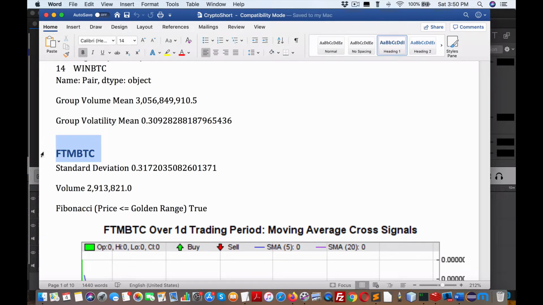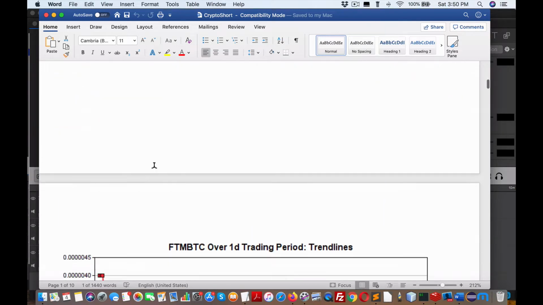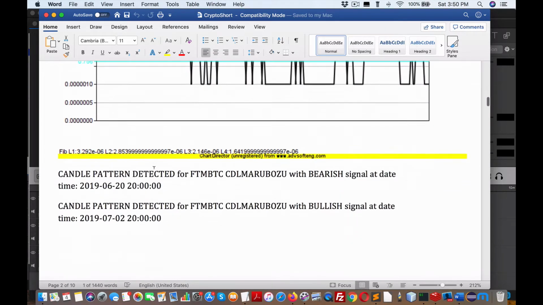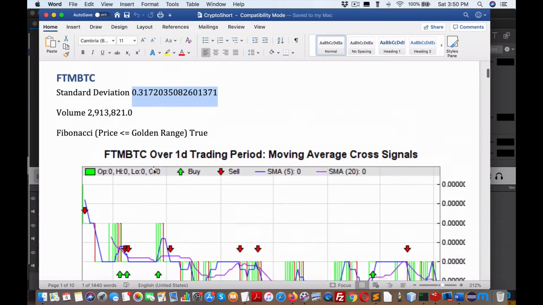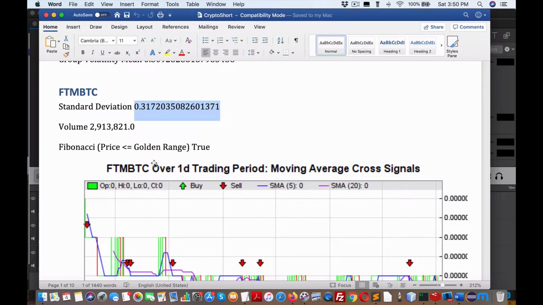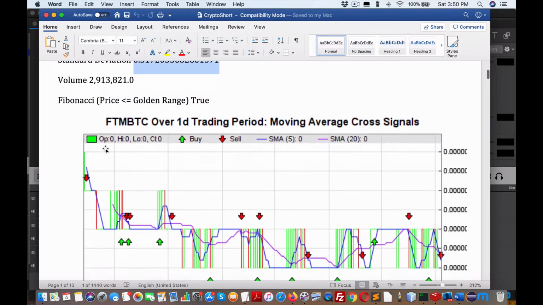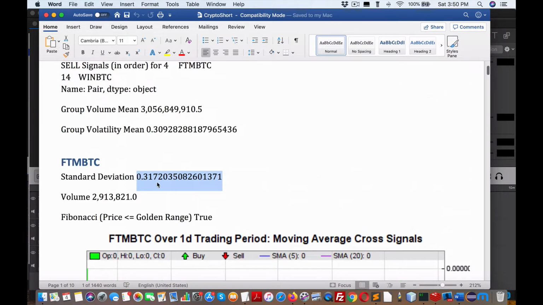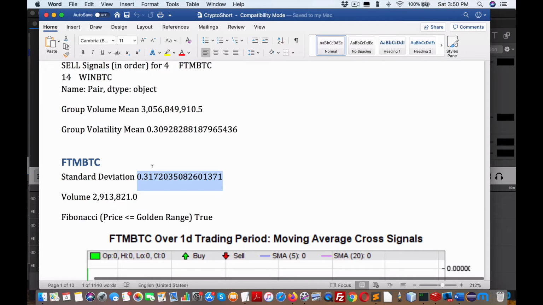So what we then list out is the pair, in this case FTM BTC, and then the individual standard deviation measurement, which is the volatility of this pair. That's measured over a certain period of time, which looks like it goes all the way back on daily returns to August. So a couple of months, and these are daily returns. You can combine these with the stats as well and get some history on those that show up in those reports. So here we're able to get the individual pair standard deviation, which is the volatility,